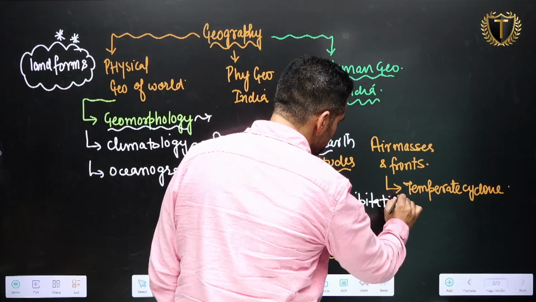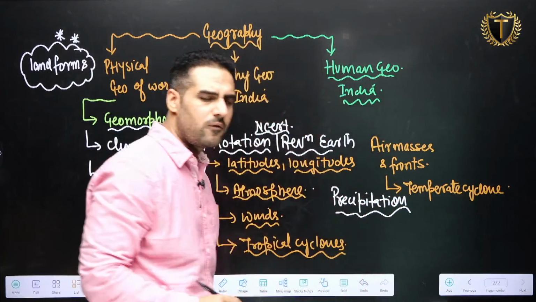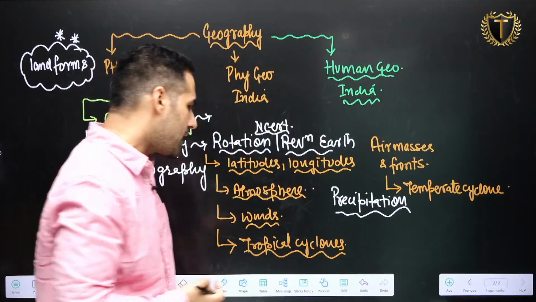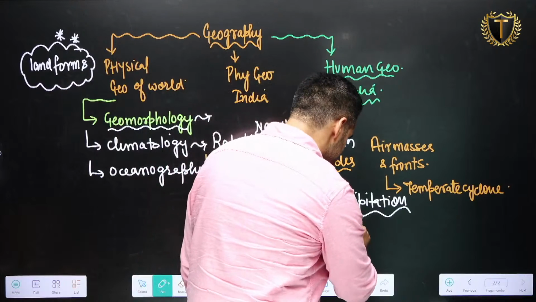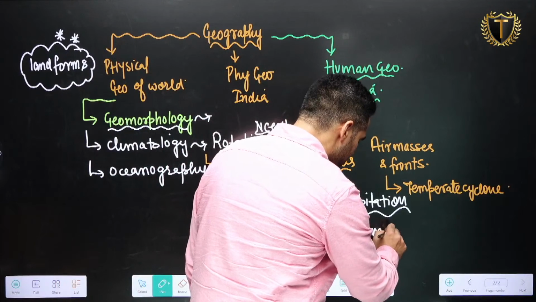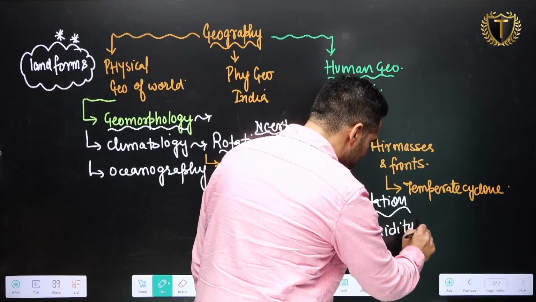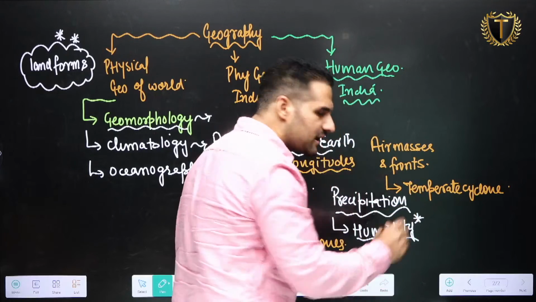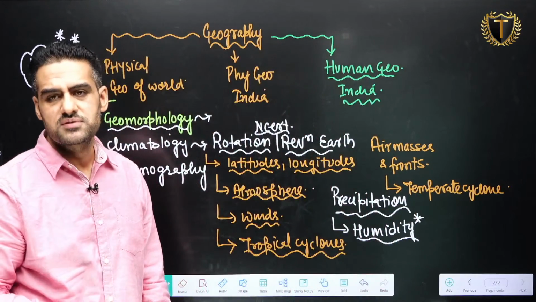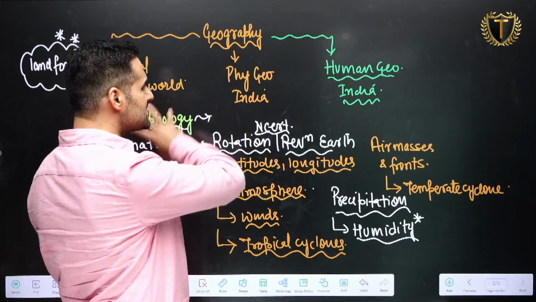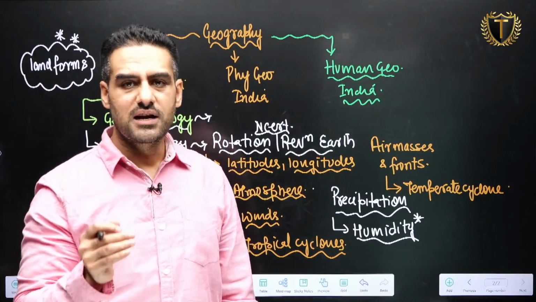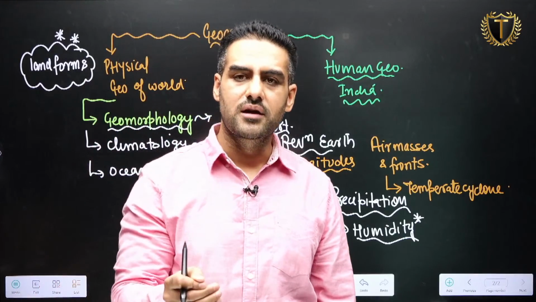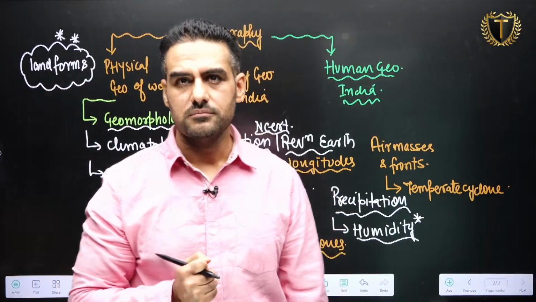Now, there can be precipitation and its types, like snowfall, rainfall, hail, sleet: how they are formed, how they are different from each other. We can discuss humidity here, types of humidity, very important. There can be a question from mains as well as prelims from this part. This is the part which you will get easily in your NCERTs. So that's why NCERT becomes a very important part, I will repeat it again, of your preparation.